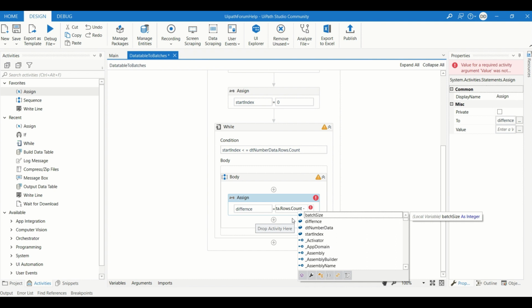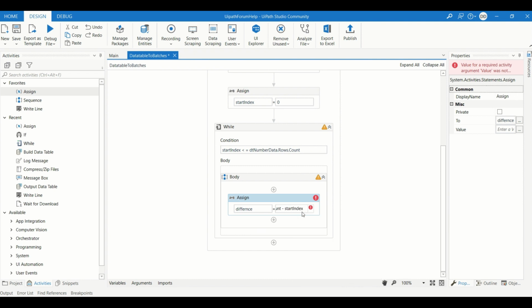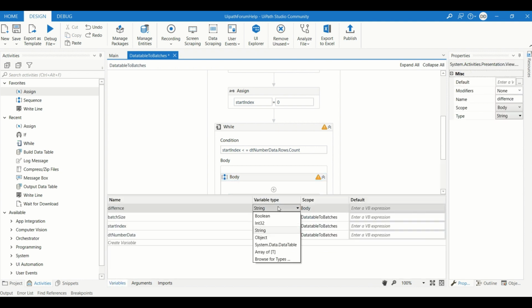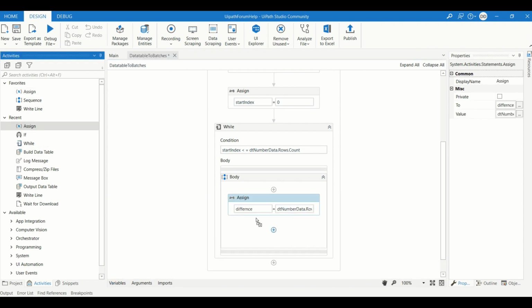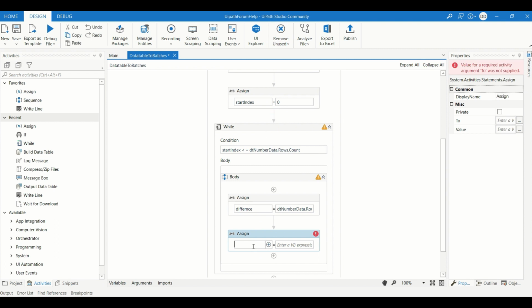Let's see how. First change the variable type of this. We will change the start index value, because after the first iteration we don't want it to be the same. The first time it is 0, and the second time we want the second batch. So start index plus the batch size we have taken, 4.